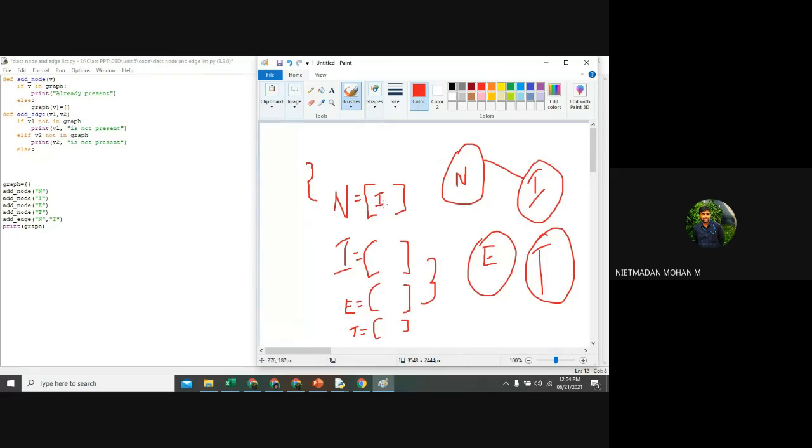In N key, I value will be added. In I key, N value will be added, because this is an undirected graph, so it will be added in both representations.